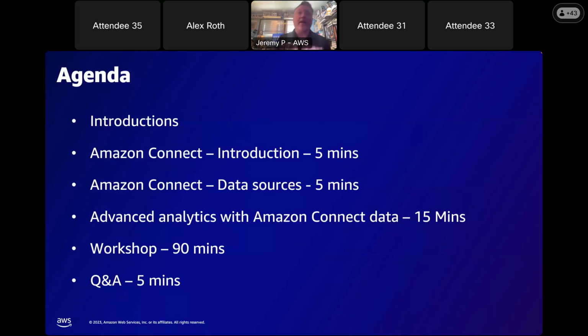And then Alex is going to run us through a workshop so that you can build some of what we're going to show today. And then we're going to show some advanced stuff that we're going to lay the groundwork for that you will be able to get to eventually. And then towards the end, we'll do our best here to save at least five to 10 minutes for questions